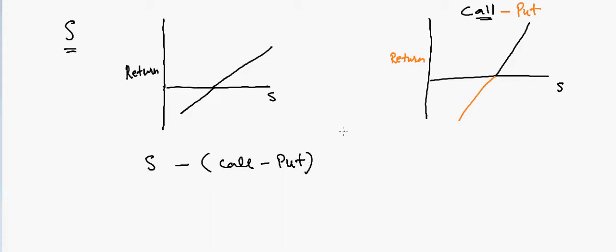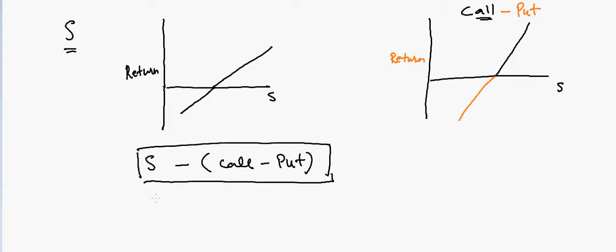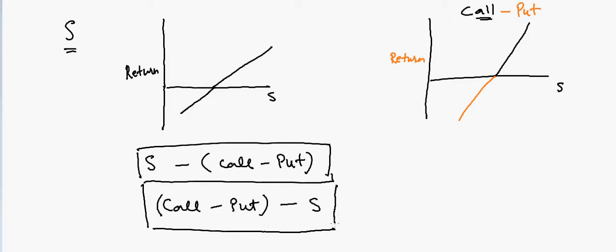So in that case, it doesn't matter if the stock goes up or down. The value for this instrument will not change at all. And the other option is to do the other way, that is call minus put plus stock. Oh, sorry, minus stock. That's another choice. So these are the two ways, but the first way makes more sense, because in that case you are making an investment, you're putting the money in.